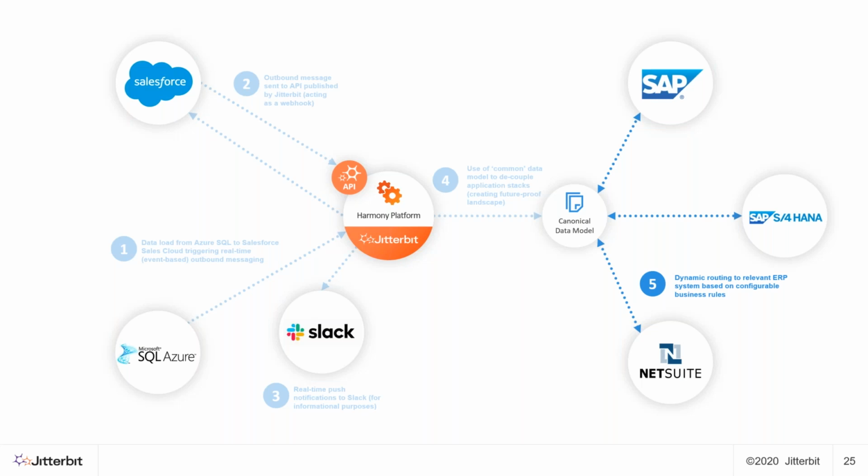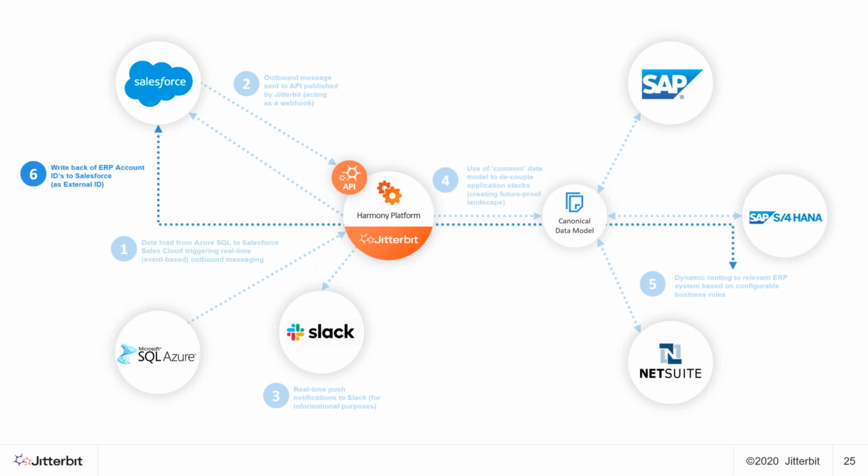Once the Salesforce accounts become created as customers in the backend ERP, we're actually taking the response of the customer creates from NetSuite and SAP and sending that back to Salesforce to close the loop out. So the customer IDs, the internal customer IDs in the ERPs, becomes the external ID in Salesforce. So it's a two-way exchange of internal external IDs, or primary foreign keys, if you will. And that then sets us up for bi-directional synchronization of that customer object thereafter, which is how you achieve that 360-degree view. It's a multi-master model, essentially, with a data abstraction layer in the center, controlled by Jitterbit.